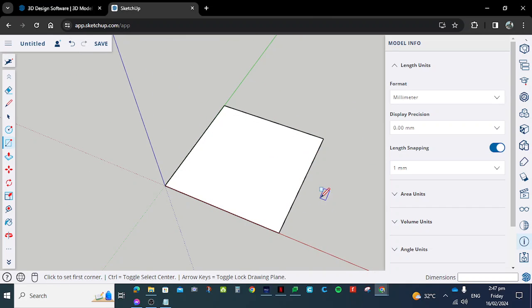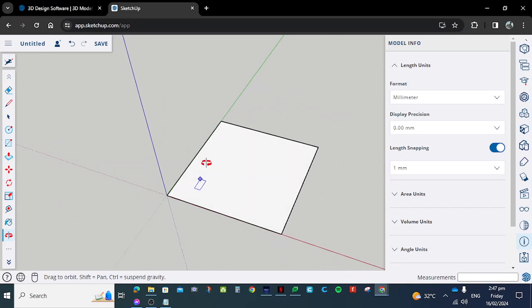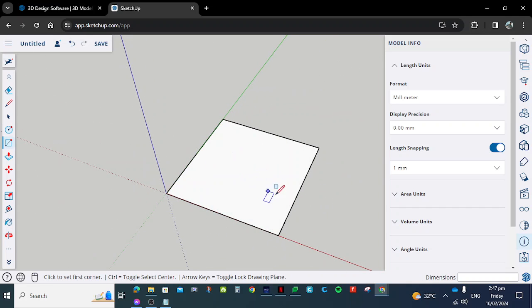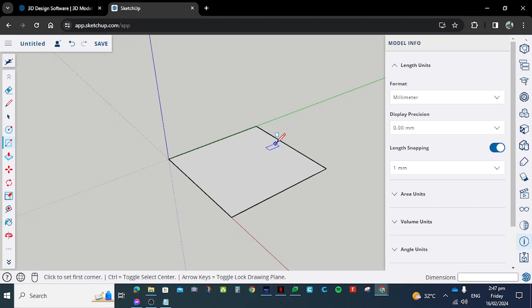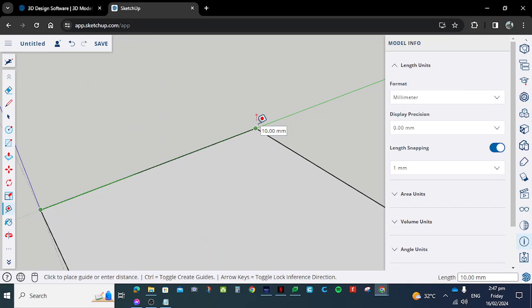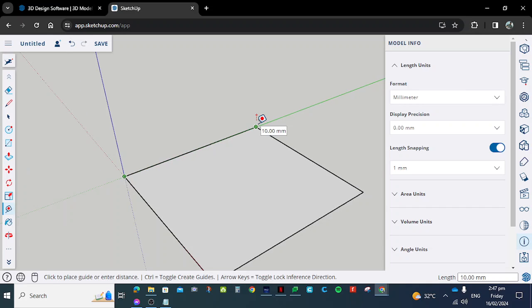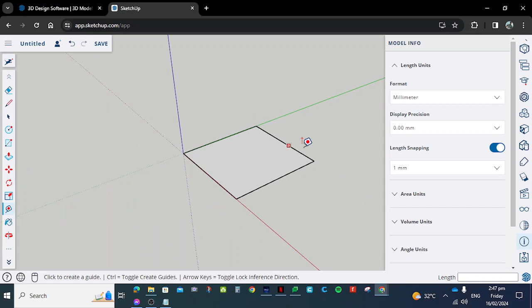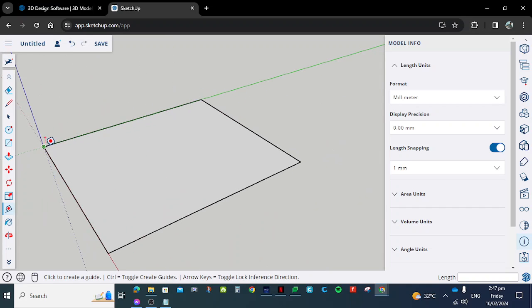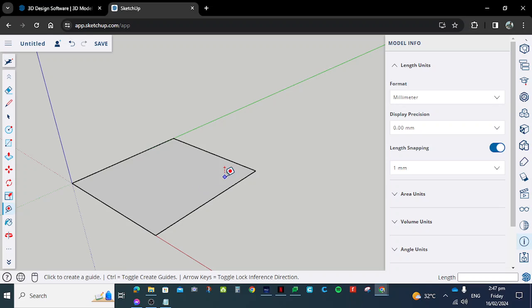And we can also do our own measurements to check if the measurement is okay, or use the tool as a guide. So there's a tool named tape measure. I'll use the tape measure to measure this point and that point, and it basically tells me 10. I'm not going to click again. I'll just press escape, and I'll proceed and measure this line. So starting there to this point, it says 10. I'll press escape, and then I'll proceed in